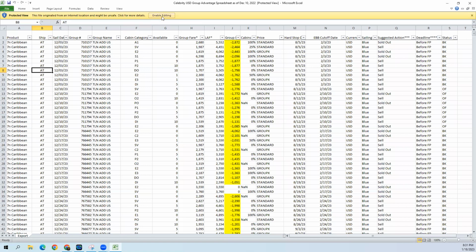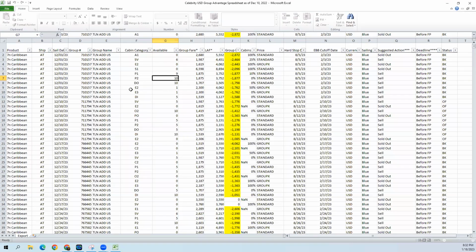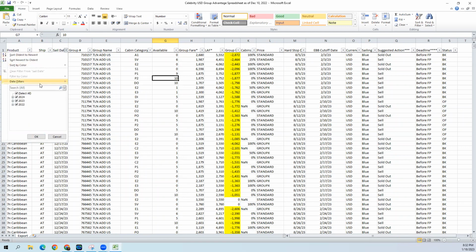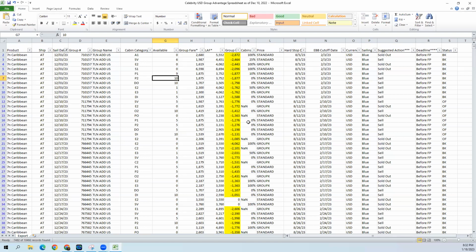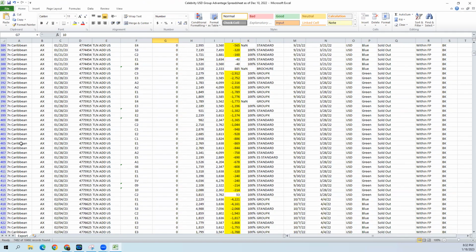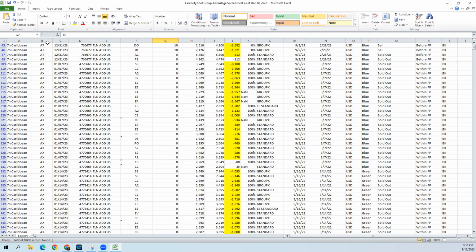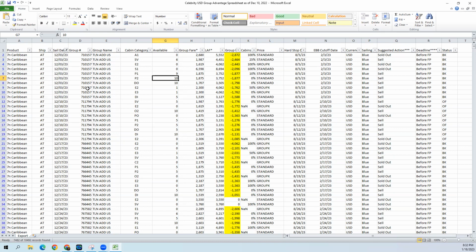To use this, you have to click on Enable Editing. So if you just use it now, nothing's going to happen. You have to click on Enable Editing, and then you can sort by sale dates. You could do just 2023. You could do all these years. You can sort by where they're going, 7-night Caribbean, by the ship, the sale date. These are more for booking, not necessarily for searching. And if you come over here,